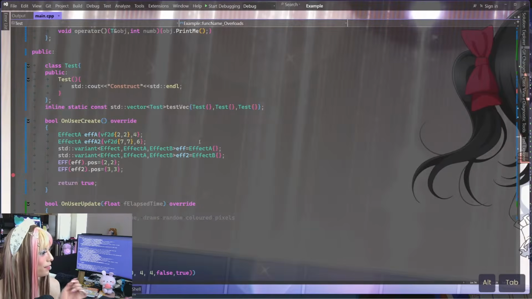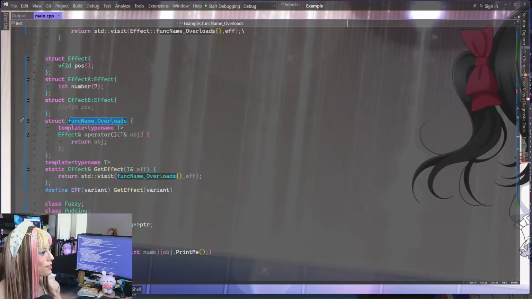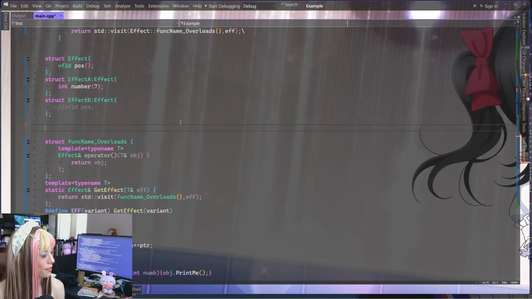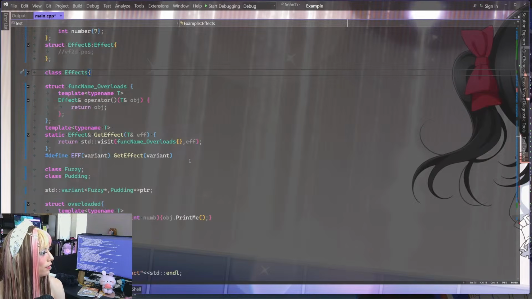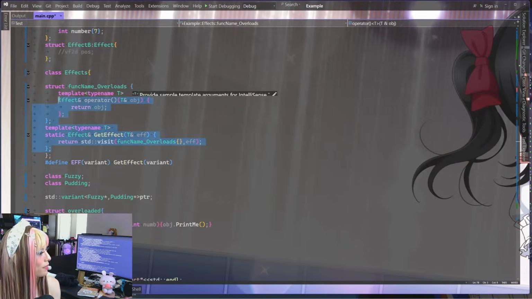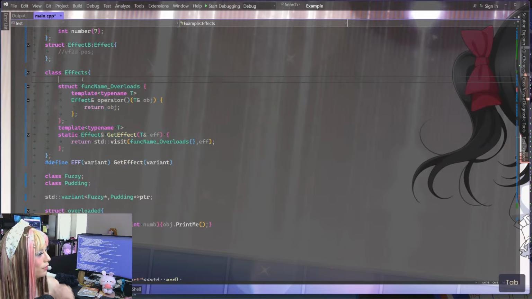Like, let's say we had another class inside of this. I guess that would be a way to emulate that, in a sense. On, like, effects or something. And then these exist inside there, right?